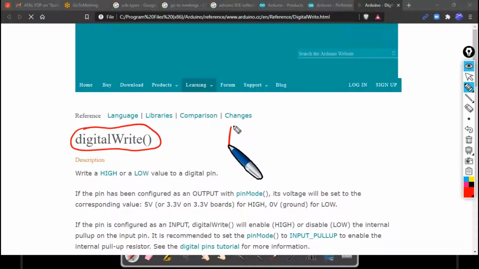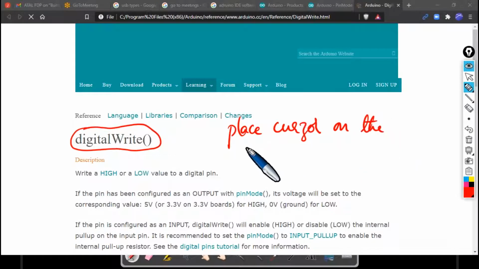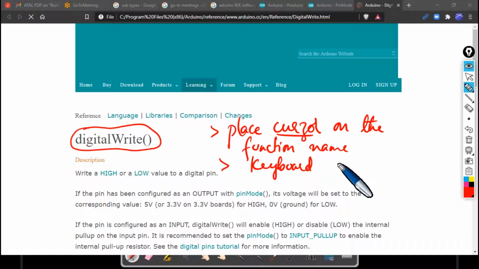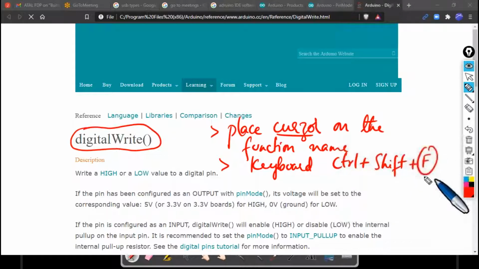All I've got to do is place my cursor on the function name, and then from the keyboard hit Control plus Shift plus F, where F refers to Find in Reference. It's as simple as that.